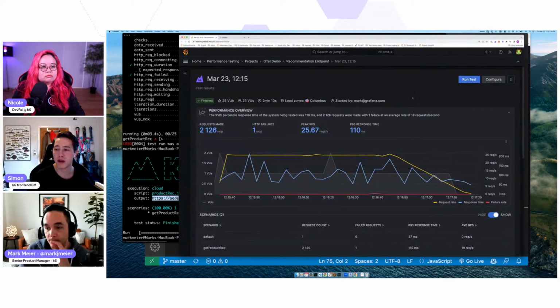So it doesn't have all the features that the K6 Cloud app has at this point, but it focuses on enabling users to use different means of test authoring. So supporting the most advanced users in using their local environment for creating tests, like Mark showed, running it locally, streaming results to cloud, running those local tests in cloud,